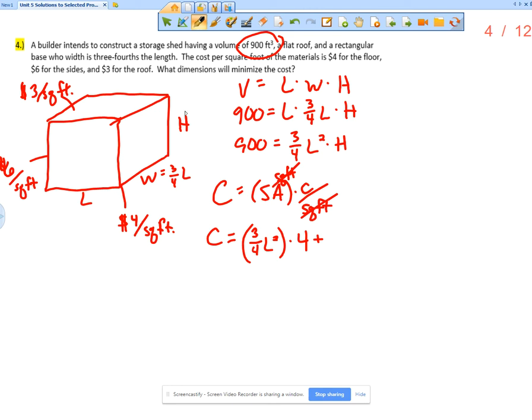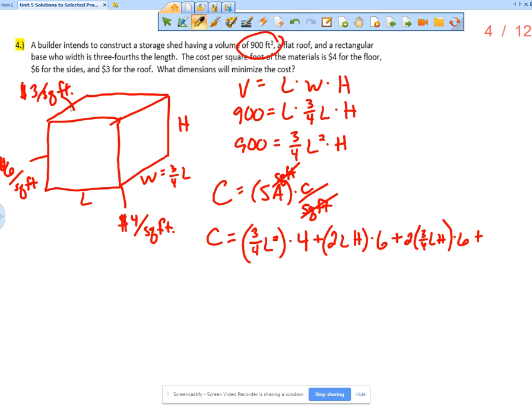the front and the back, which are L times H. So we have two of those, so we have 2LH, but then multiply that by the cost for the walls, which is 6. And then we have plus the two sides. The sides are W times H, or 3/4 LH. So we have two of those, 2 times 3/4 LH, multiplied then by the cost, which is $6 per square foot, and then lastly plus